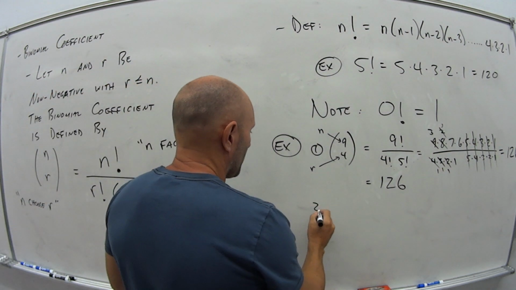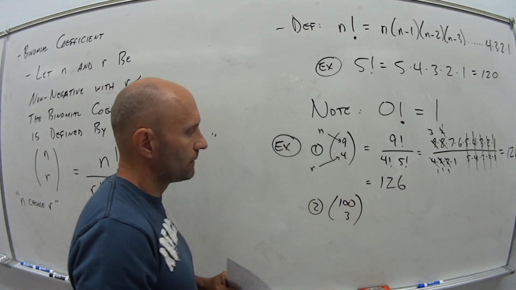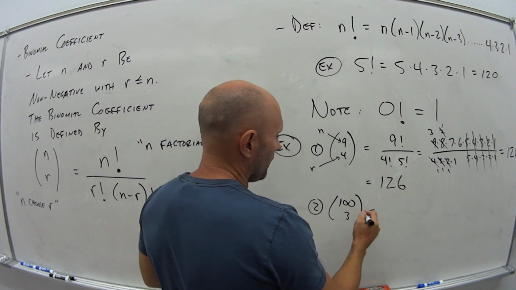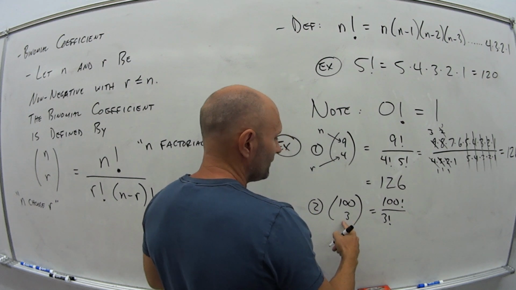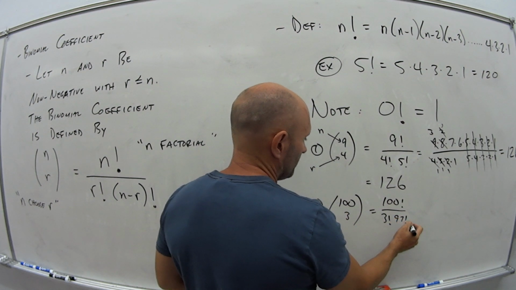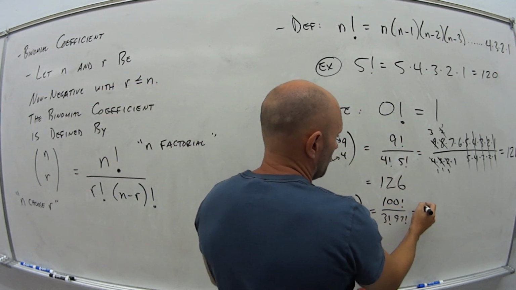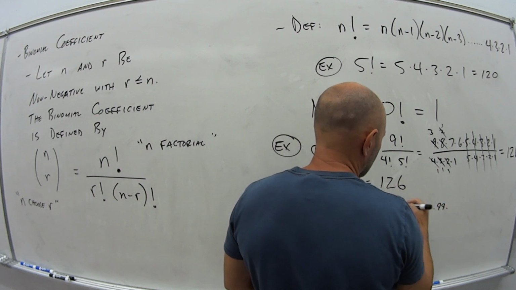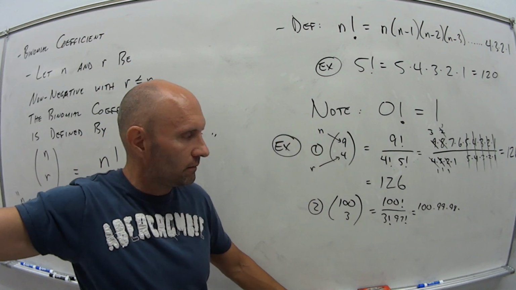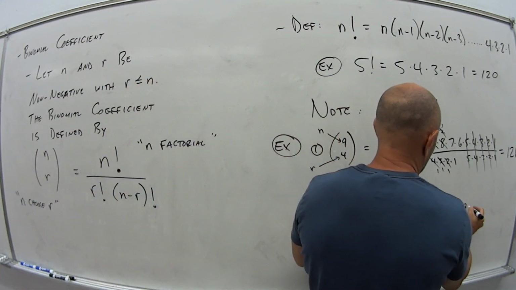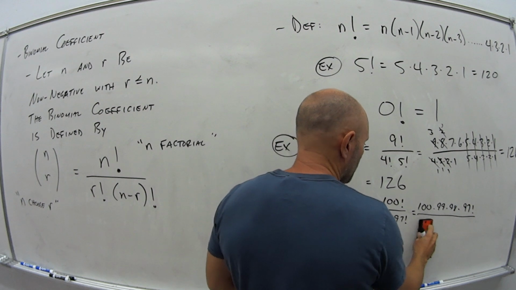So how about another example? What if I have 100 choose 3? Well, in this one, it's what? It's 100 factorial over 3 factorial times 100 minus 3, which is 97 factorial. So just like with this last example, this is really what? 100 times 99 times 98 times 97, 96, 95, which is what? 97 factorial. So 97 all the way down to 1. 3 factorial is 3 times 2 times 1